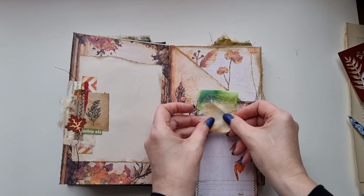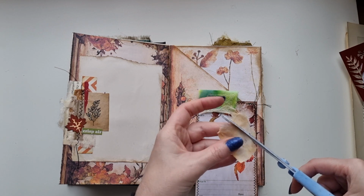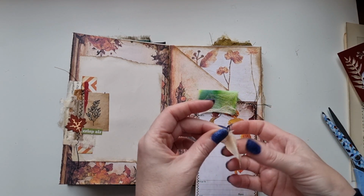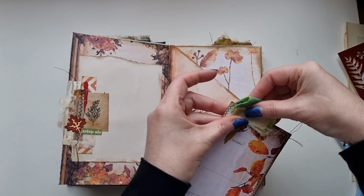So, oh, I've got some of this. This is, again, just a little piece of fabric that I had. I'm just trimming a little bit off. It's why I keep so many scraps, guys, because I just like doing this. And that just adds to that. Now, again,